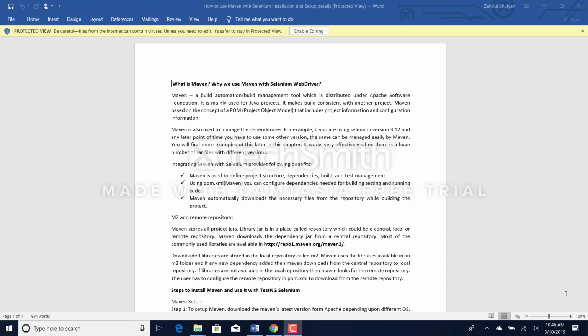Now, what is Maven? Why do we need to use Maven with Selenium, right? If you take a look here, we have learned Selenium so far. We have learned the TestNG framework, and now we are discussing Maven. Maven is a build automation tool. It is kind of, let's say,